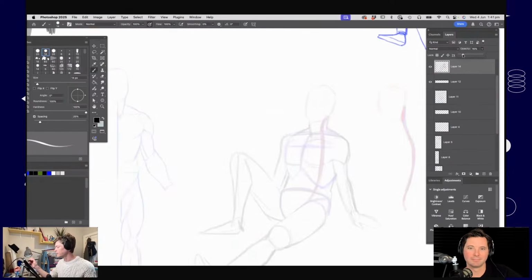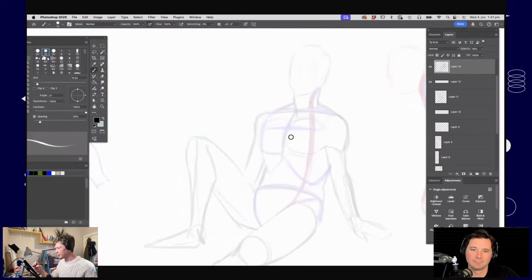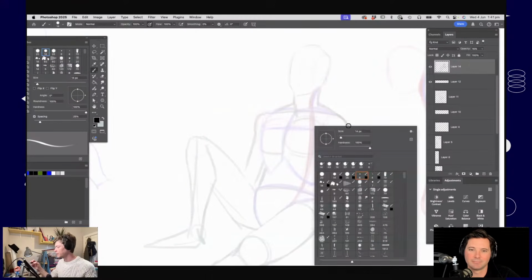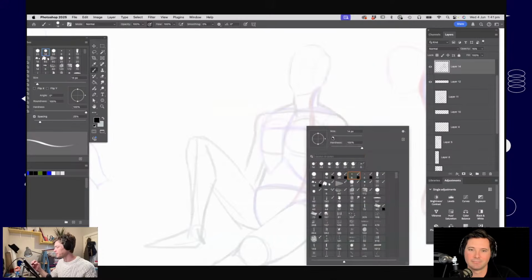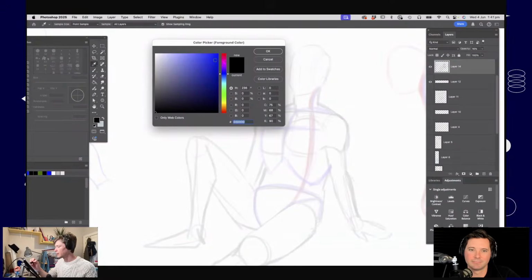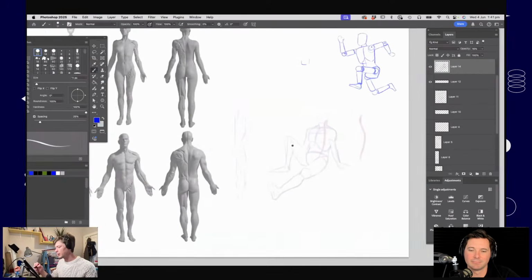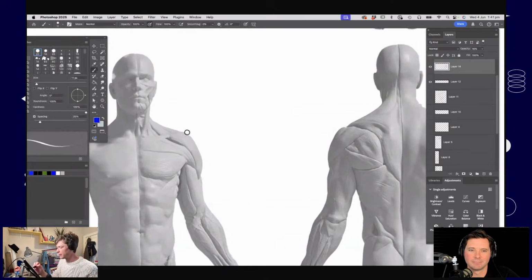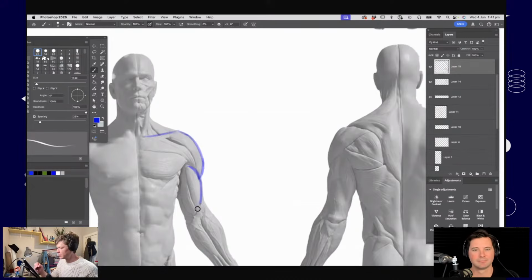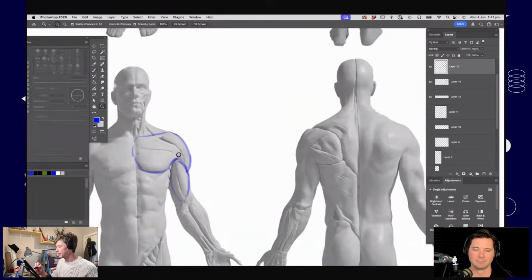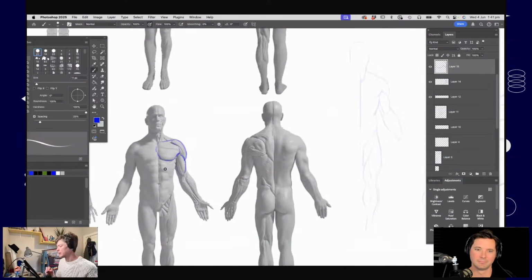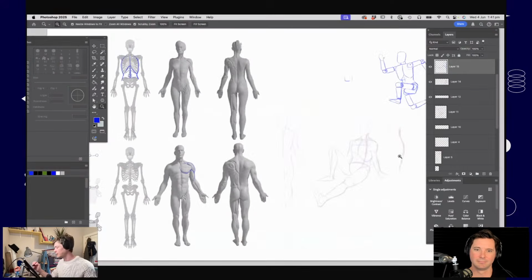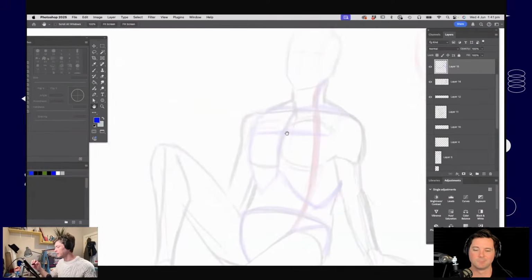Okay, so if I drop the opacity off it so we can see a little bit more clearly, I'll start drawing some of those bigger muscle shapes on top. And I'll do that in blue. So if we're looking back at our big muscly man here, maybe I'll just focus on these muscles, the top of the shoulder there, the bicep, and the pectoral muscle there. I'm just going to focus on those to give you a sense of how I would apply those to our basic stick figure character.